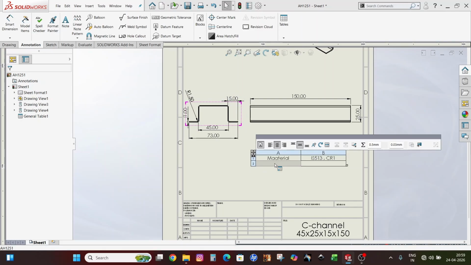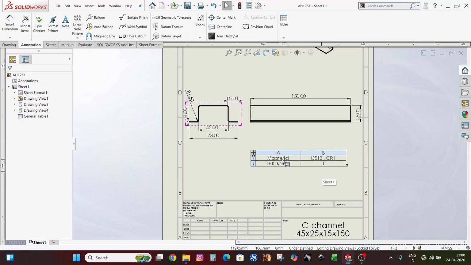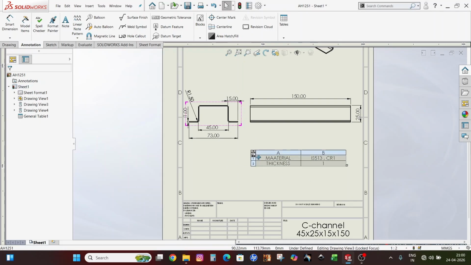And below the material, you should give the thickness value. Thickness is, in our case, thickness is 1 mm. Give it 1, and do not forget to keep these notes all uppercase. Click on the cell and click on this all uppercase. So now the material definition and thickness definition is complete,